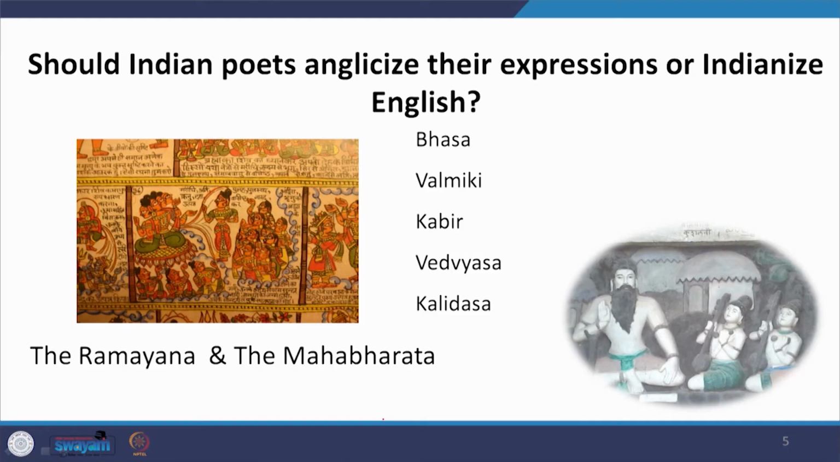So, these prejudiced views, now when we have a recap of all that we have done in these 8 weeks, perhaps will falsify the observations which were made by these two eminent people, by these two eminent poets. The question that we had been raising time and again was, do our Indian English poets anglicize their expressions